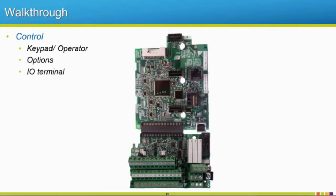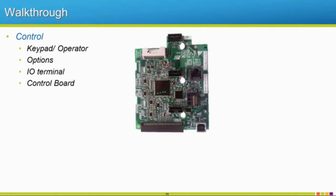software revision. Then we have our control board. This is the brain of our drive. It tells the rest of my drive circuit when to fire the IGBTs, which we'll talk about a little later, or protect my motor, so observe current, or even protect my drive too. So this is where all